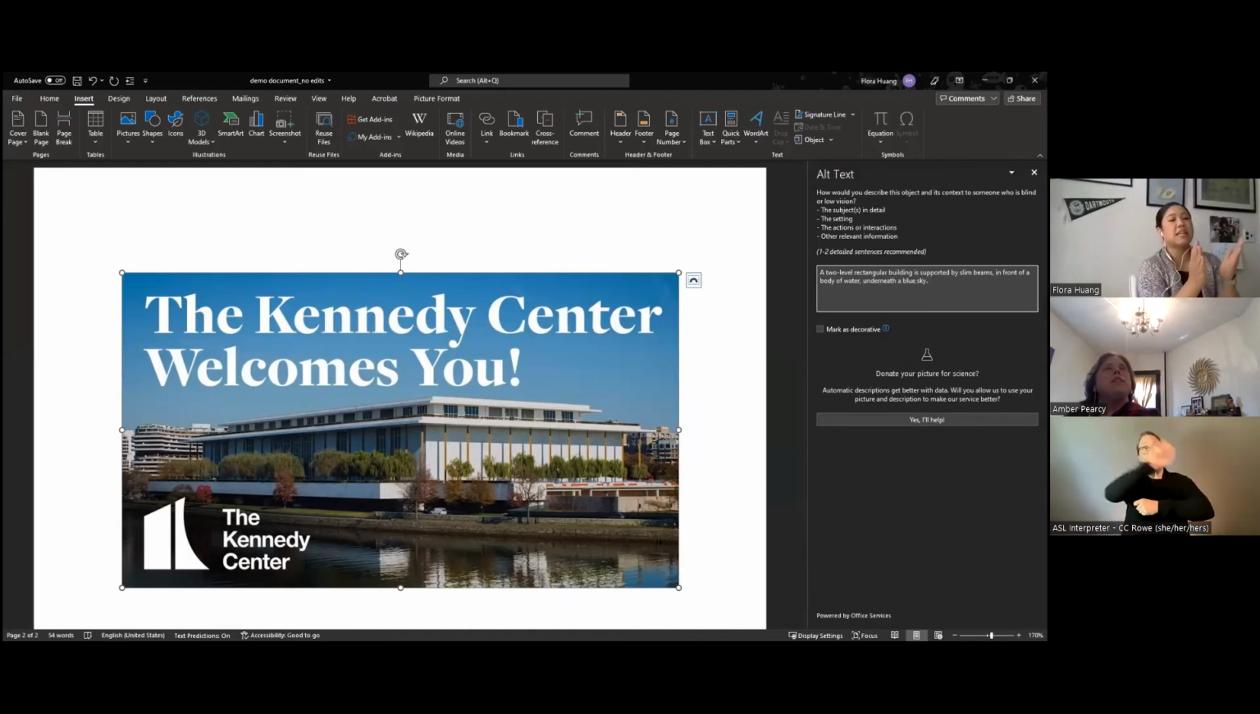Just basically, it's the same thing that the AI gave us. It's just a little more descriptive. 2-level rectangular building supported by slim beams, which surround it, in front of a body of water underneath a blue sky. And then across the top, and then in large white letters, and then I'm going to open up quotes,